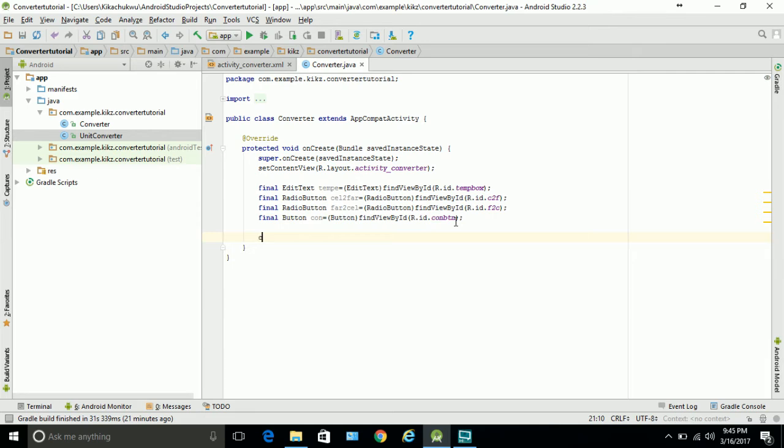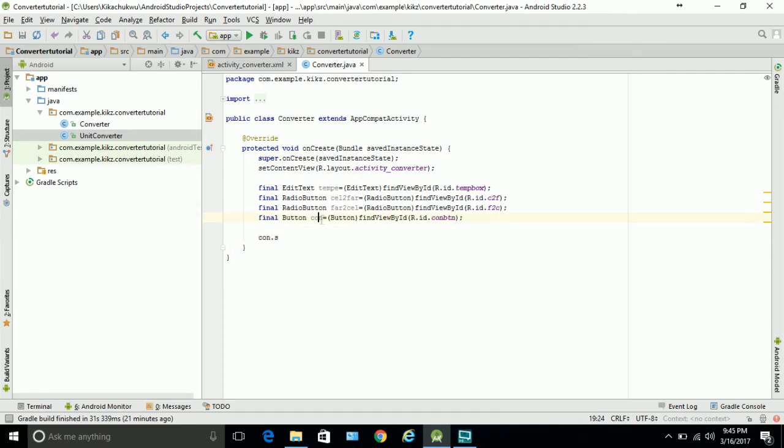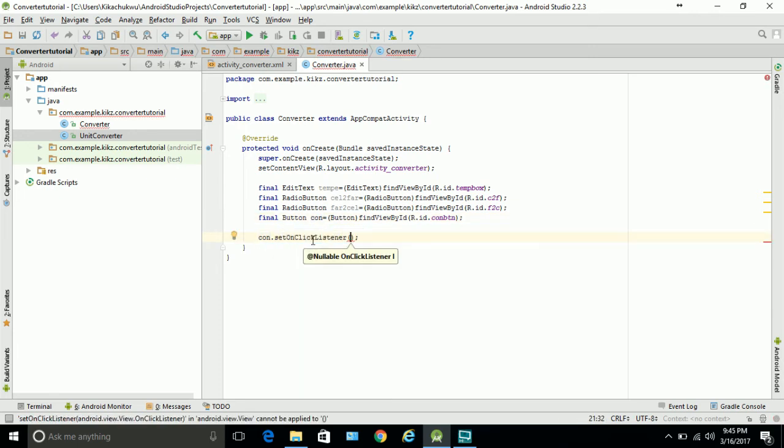So now we're going to say con, because we gave the variable here con. As usual, con.setOnClickListener, new View.OnClickListener, and it's going to create this method. Once this is done, you type in double and give a variable. Let's call it value, or I'm just going to be selfish and call it kicker. Double kicker and new